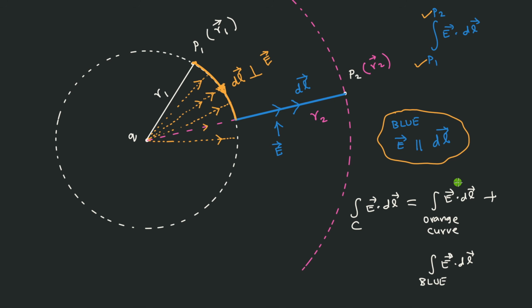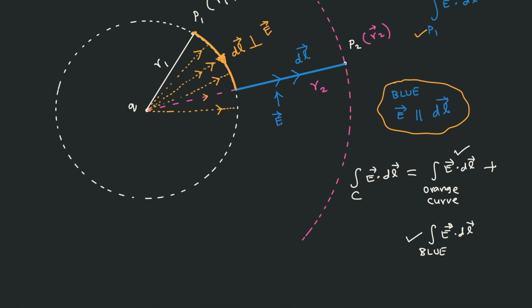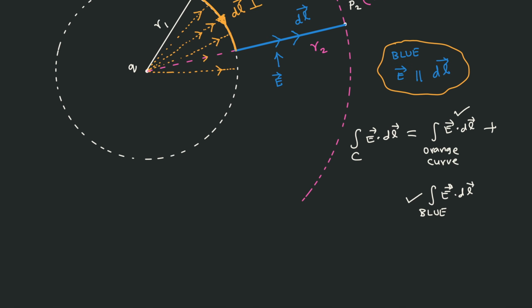So our integral is therefore split up into two integrals. The one integration along the orange curve and the second integration along the blue curve, and then you add them up, then you will be getting the integral P1 to P2. And that is exactly what we are going to do. And once this is clear, the calculation is very simple, and we will be getting it probably in 2-3 steps. And that's all. The problem is almost over. Now let us see what it is.